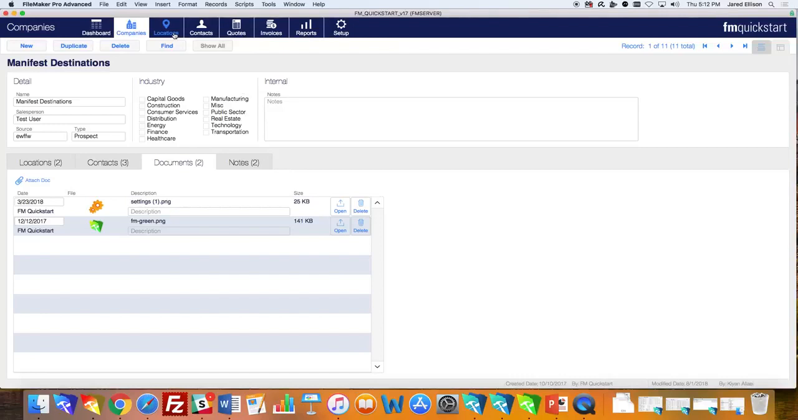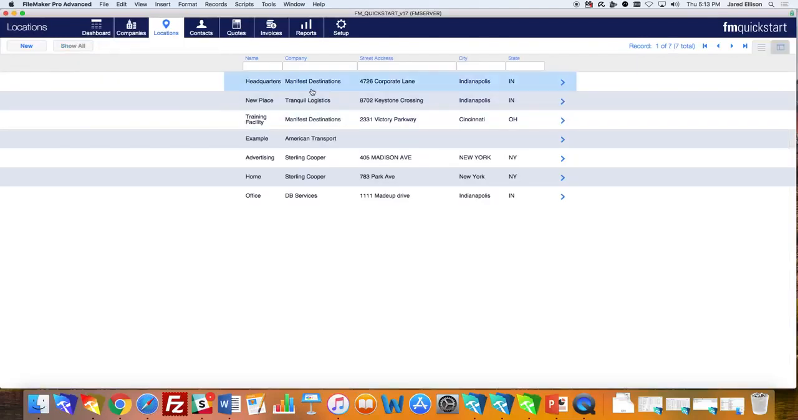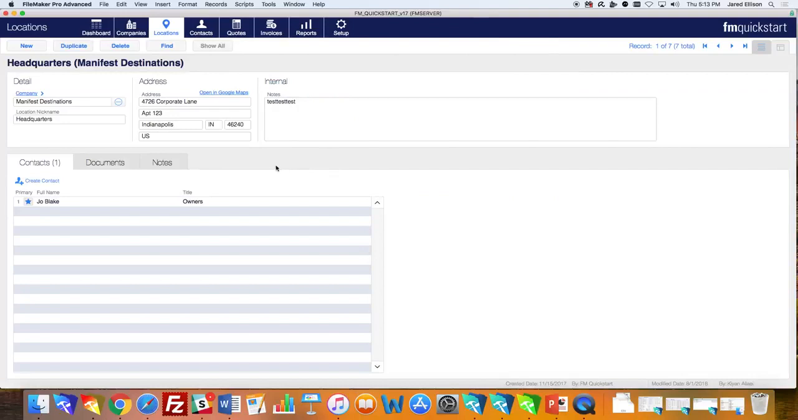Next, we will go to the Locations tab, like we said, is right here. We'll go up here and go to it, and here you'll see all the locations that have been created for each of the organizations and contacts in the FM Quick Start. So we went to Manifest Destinations. With this, you'll see that you got the address right here, and you can also view that by opening Google Maps. So by clicking on this, you will see